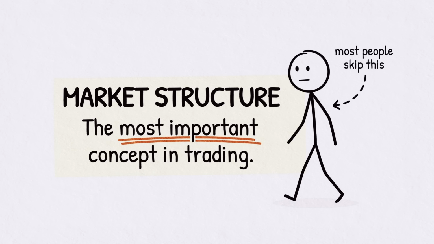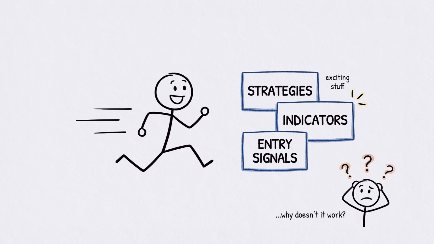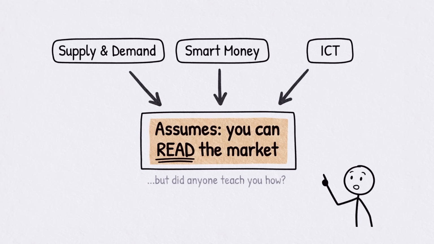Market structure is probably the most important concept in trading, and it's also the one that most people skip. They jump straight into strategies, indicators, entry signals, all the exciting stuff, and then they wonder why nothing works consistently. Here's the thing, every strategy you've ever learned, whether it's supply and demand, smart money, ICT, whatever, all of them